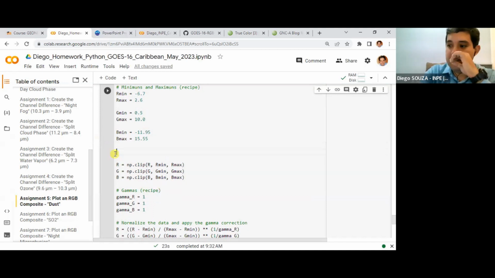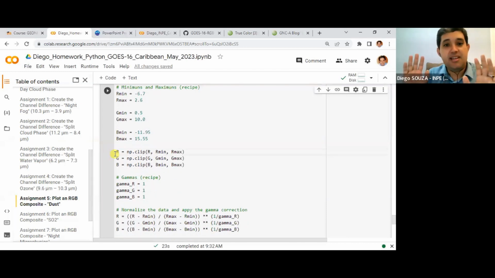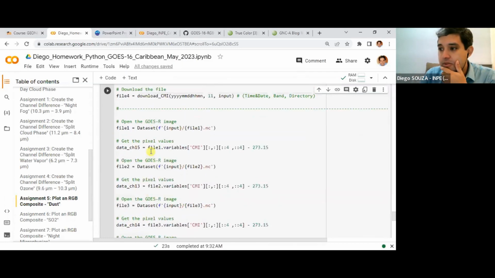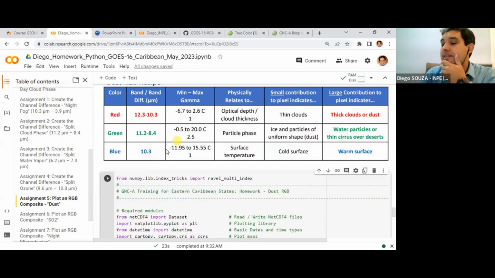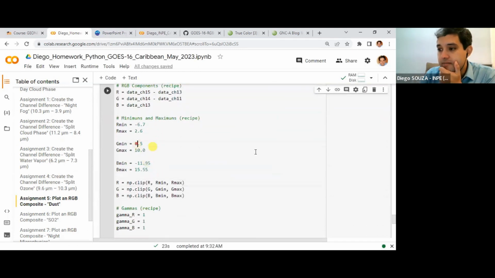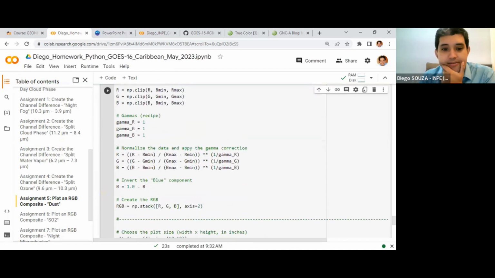Okay. So I don't need this. I just have fewer lines of code and do the same thing. And I have a comment. Cassia, minus 0.5 in the green component, correct? All right, minus 0.5, not positive. Thank you very much, Cassia. And